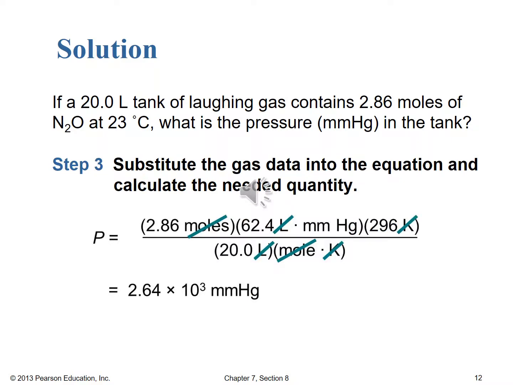Moving on to step three, we can substitute in the data and solve the equation to find a final value of 2.64 times 10 to the third millimeters of mercury. So hopefully it wasn't too difficult. And again, if you had selected the 0.0821 liter atmospheres per mole Kelvin, you'd end up with a pressure that you'd ultimately convert into the same 2.64 times 10 to the third millimeters of mercury, or 2640 if you kept it out of